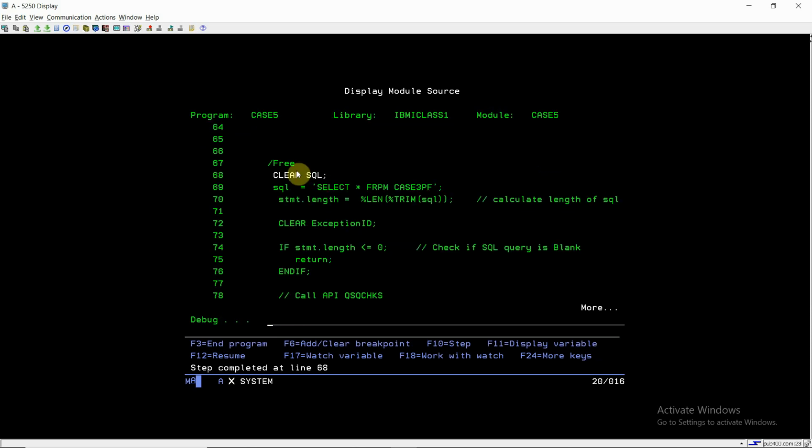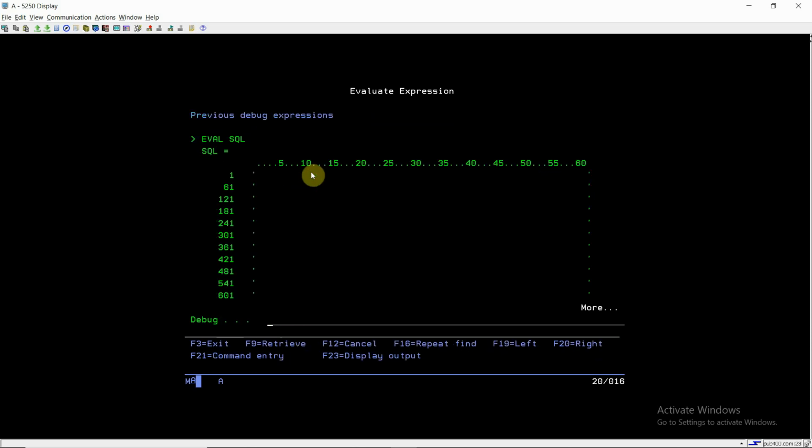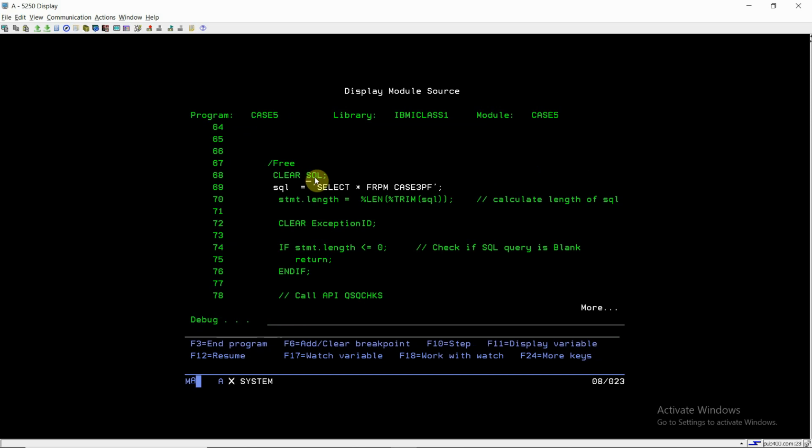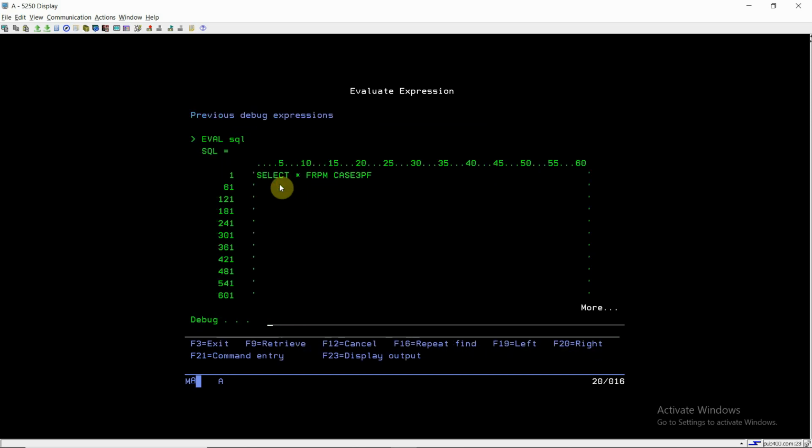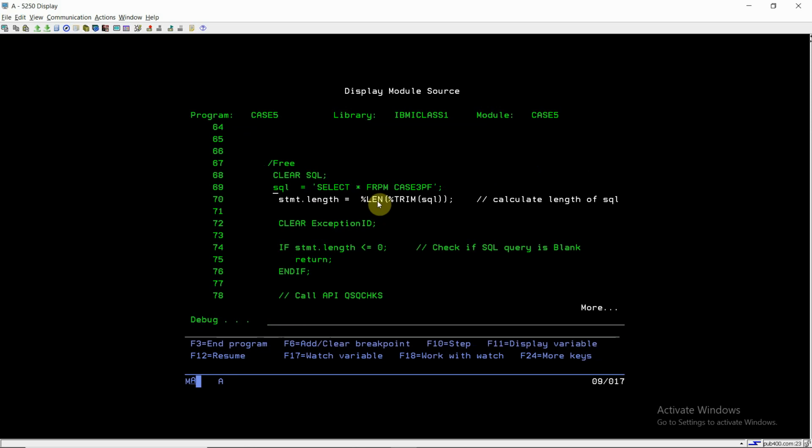Now we can see we are clearing the SQL variable. Now F10. Now SQL has this statement query. Suppose I am evaluating here, you can take an input to this program and check select star frpm case 3pf. The length would be 21 here. So the length of this SQL query is 21.